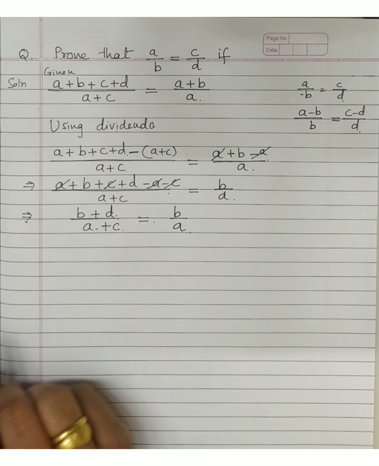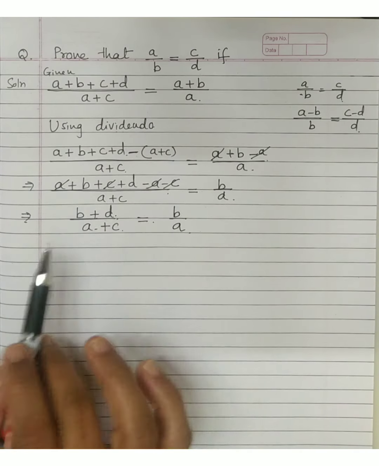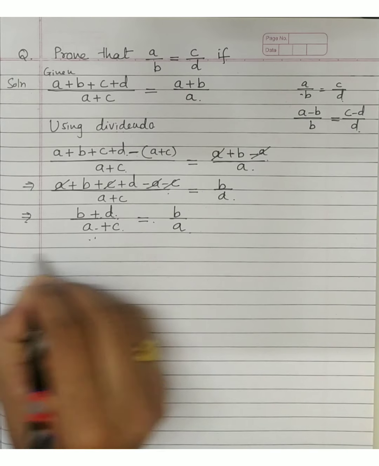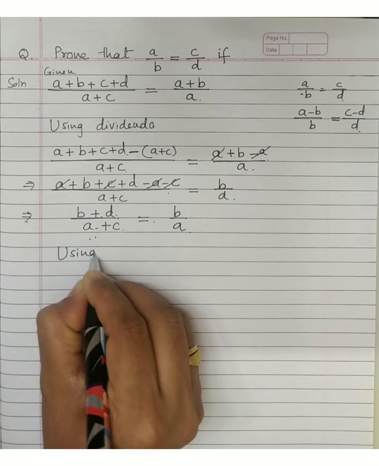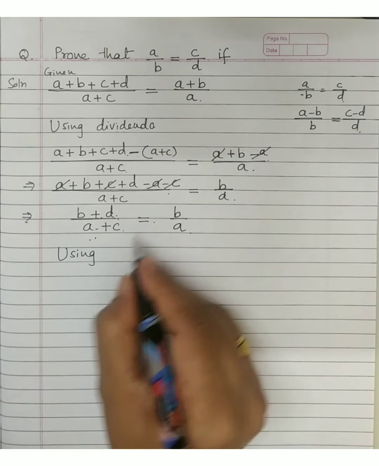Okay. Now again think for a while. How can you work this out? Now no simplification is possible. Just think that if it is B plus D and you shift B over here, and if you subtract B, at least B will be eliminated. So what will I be using now? Alternando. You have to keep on observing and applying the properties. So using alternando, what will I get? B plus D upon B equals A plus C upon A. No rule, only the observation helps us to see what exactly we can do.